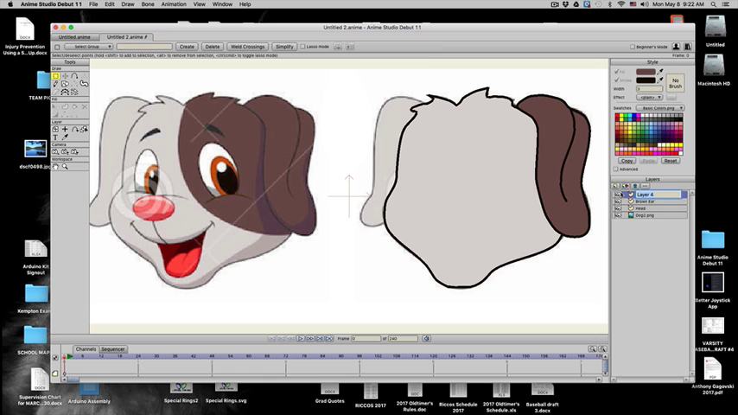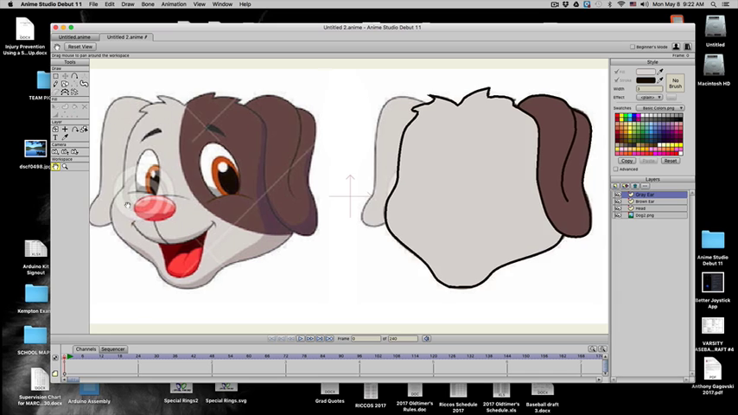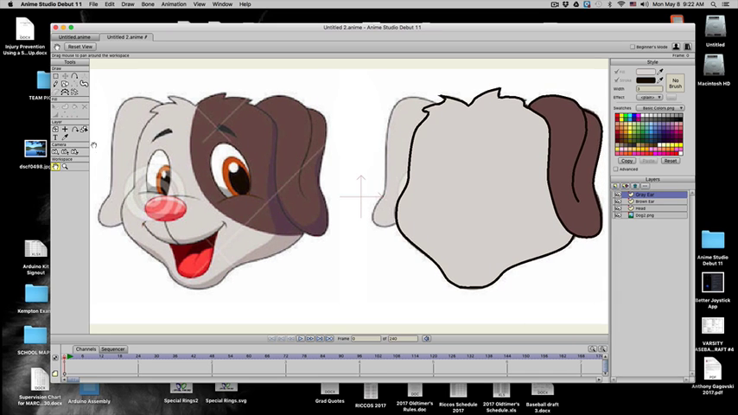Now I'm going to create another layer, again a vector layer, and this one's going to be the gray ear. I'm on my gray ear layer. I'll come back over here, and again I'm going to pre-select my fill color. This one's going to be gray. I'm going to use my pan tool to move over a little bit here so I can see the entire ear, and I'm going to